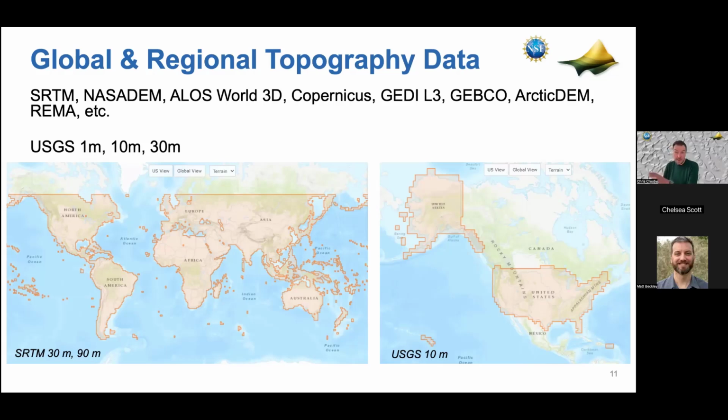A lot of users of OpenTopography come for this kind of data because there isn't global LiDAR coverage at this point. In some parts of the world, the best available data is, say, a 30 meter DEM. So if that's what you are interested in, or that's what you can get. And also for some larger scale applications, if you're looking at a whole mountain range, you really don't need to represent it at 1 meter resolution. 30 meter or even 90 meter data is quite sufficient. So different data sets for different applications.